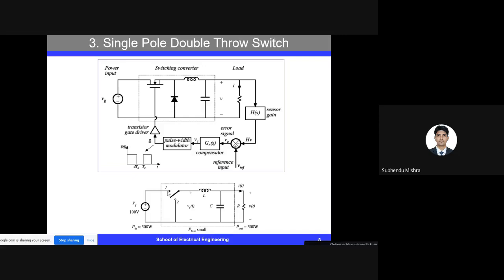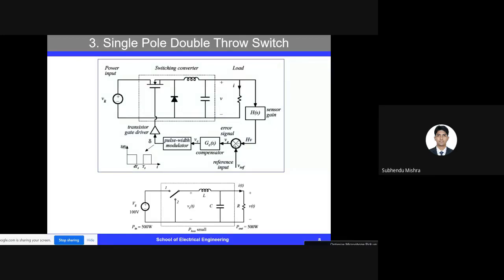So when you talk about this particular circuit 1, the current is going through this particular switch, but this switch is operating in the saturation mode. It is not operating in the active region. When it is on, it is in the saturation region. When it is off, it is in the cutoff region. And when it is in the cutoff region, the current flows through this diode. There is no current flowing through the switch. It is flowing through the diode, because during that time the diode becomes forward biased. So we will look it up in the DC to DC converters part.